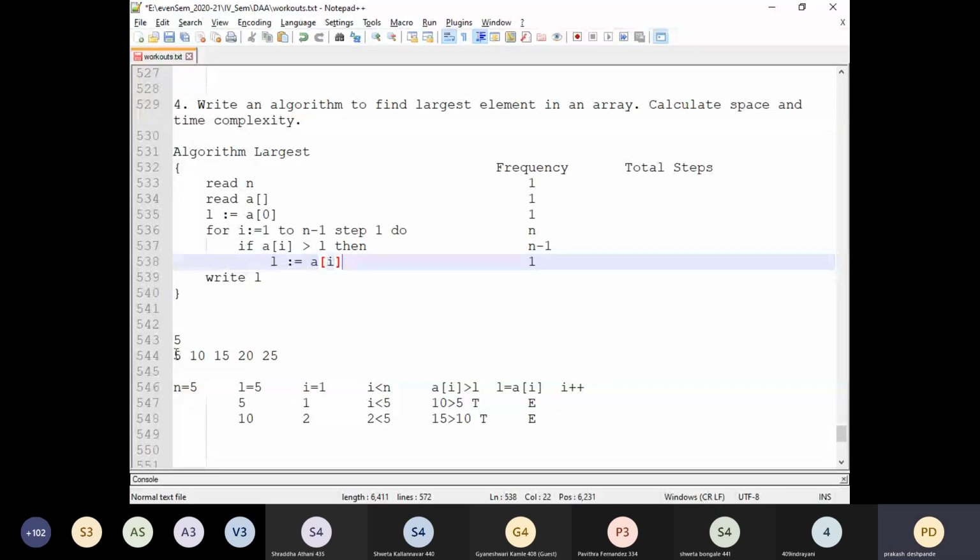Now, suppose the first element itself is the largest element. Then what will happen? This particular if condition will be evaluated every time, but it will result in a false value. False value means this statement will never get executed. So the execution of such lines under the if conditional statement depends upon the instance characteristics.